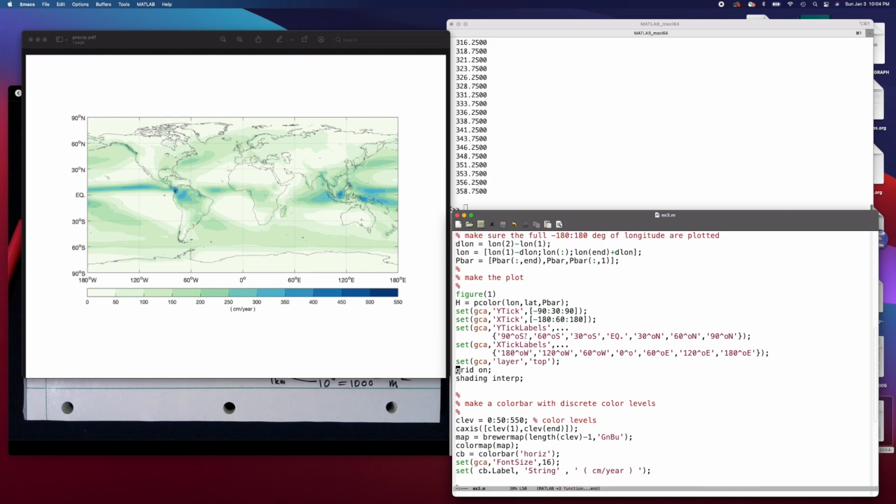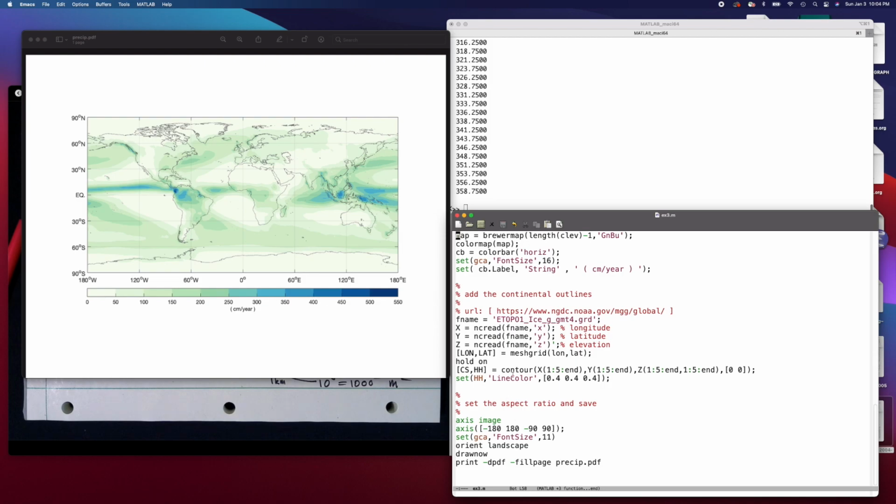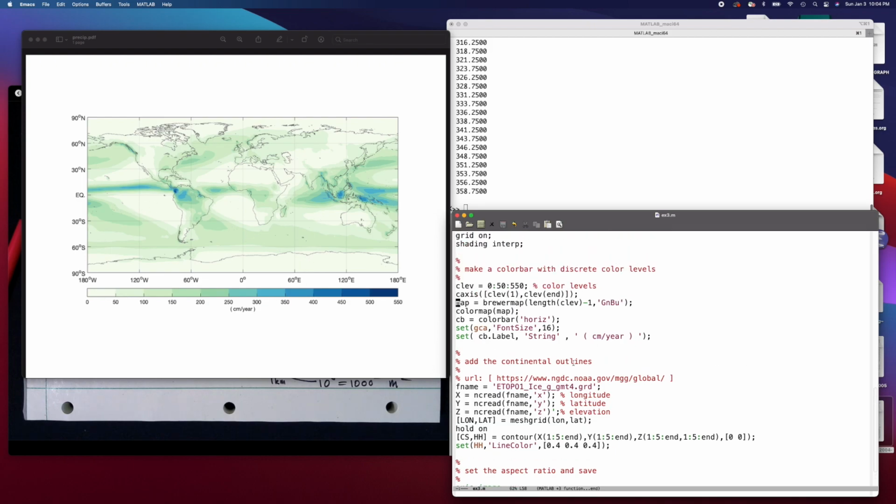Where's that? Down here, contour. I read the eTopo data and I plot just the zero contour to get the outline of the continent so you can know where the precipitation is. I use this Brewer map again